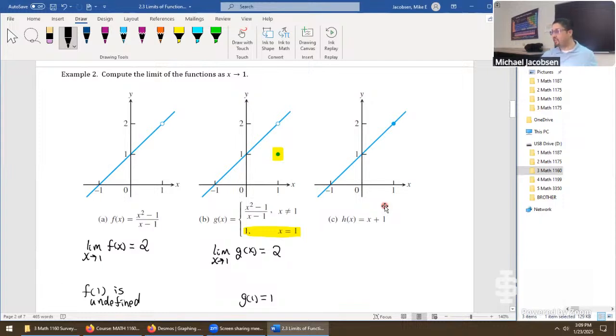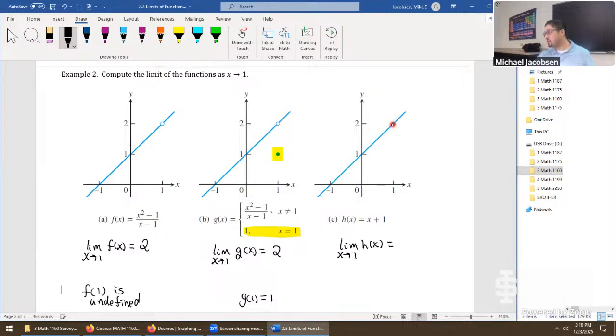But if you're curious what's going on is, if you factor this numerator, then cancel the x minus 1 up above and the x minus 1 down below, you get just x plus 1. But this function right here is not the same as this function. They differ at exactly 1 point. It filled in the hole in the graph, the discontinuity, and we can say here, the limit as x tends towards 1